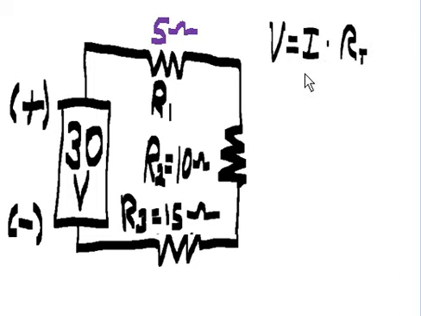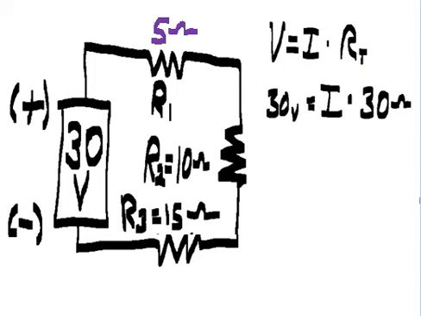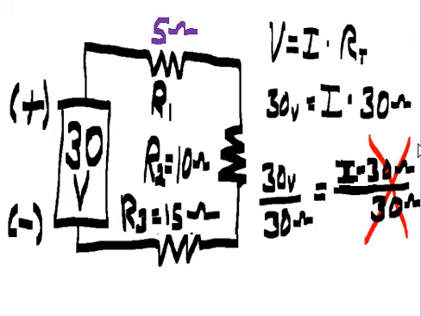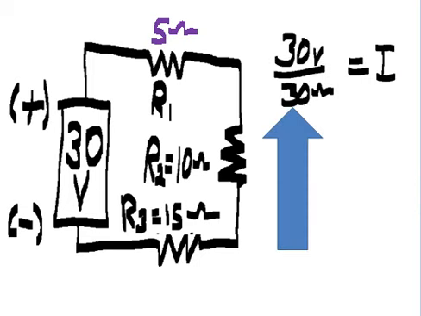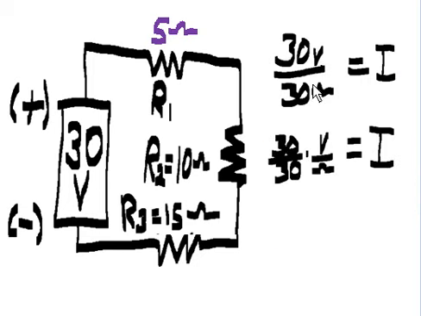So voltage equals I times R total. I know voltage, I know R total, I don't know I. Let's figure that out. I substitute, I get 30 volts, voltage, equals I times R total, 30 ohms. I divide both sides by 30 ohms, the 30 ohms cancels out on the right, and I've got 30 volts over 30 ohms equals I. Move that up, and I've got 30 volts over 30 ohms, which becomes 30 over 30 times